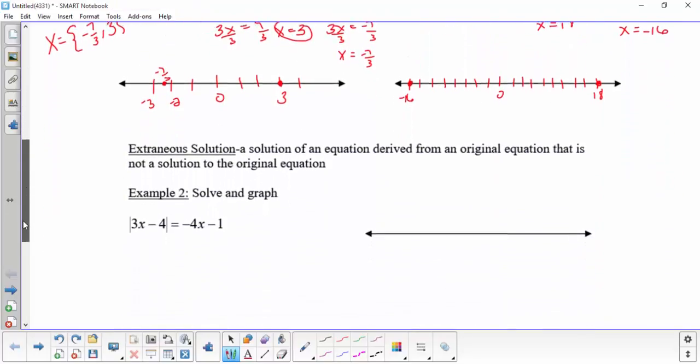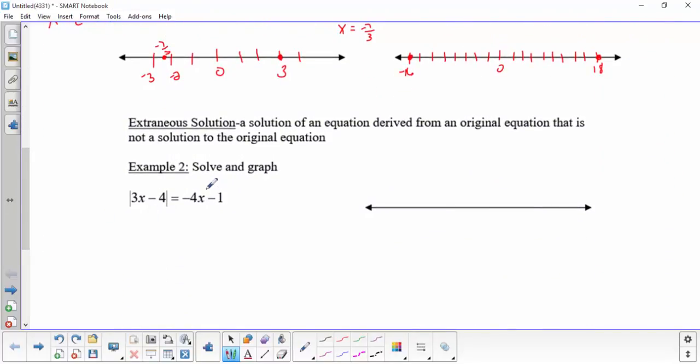So moving on, a little review on extraneous solutions. An extraneous solution is a solution of an equation derived from an original equation that is not a solution to the original. Sometimes extraneous solutions happen when we have an x inside the absolute value and another x outside the absolute value. In this case, the absolute value is already isolated, so I can go straight to setting up my